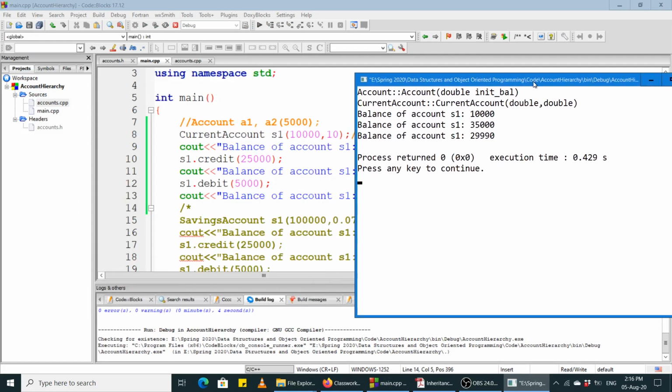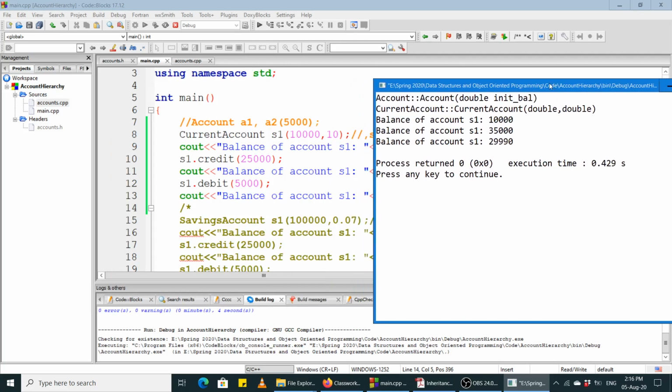अच्छा, now let us correlate the output with the code. So first of all we say current account S1, and S1 matlab we are basically invoking the overloaded constructor of the current account class. तो वो जो ओवरलोडेड कंस्ट्रक्टर है, उसमें बेस क्लास के ओवरलोडेड कंस्ट्रक्टर को हमने एक्सप्लिसिटली मेंबर इनिशियलाइज़र लिस्ट से इन्वोक किया है, तो उसको इन्वोक किया जाता है, उसके बाद फिर इसकी बॉडी एग्ज़ीक्यूट होती है, ठीक है। और इसमें हम दो काम करते हैं, एक बैलेंस को हम इनिशियलाइज़ कर देते हैं with the initial value of 10,000 और फ़ी को, per transaction, उसको इनिशियलाइज़ करते हैं with the value 10,